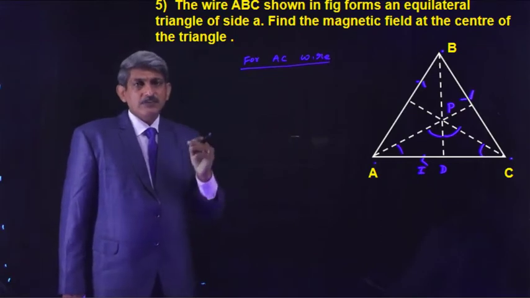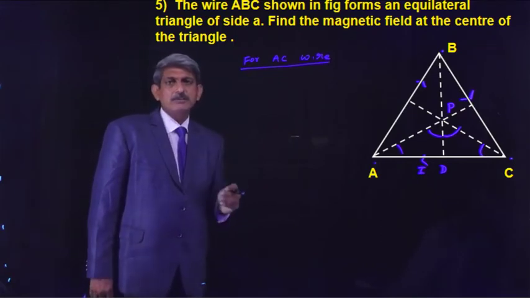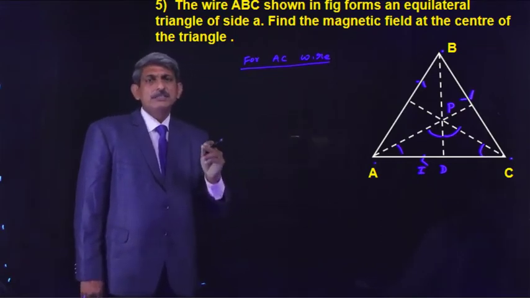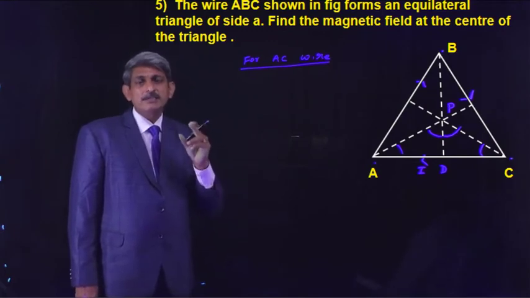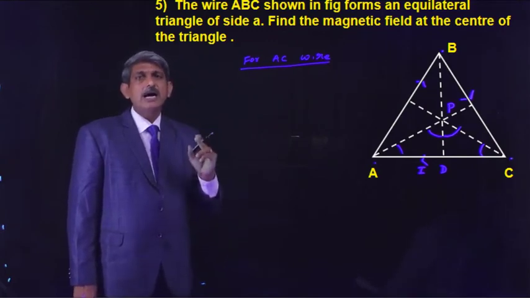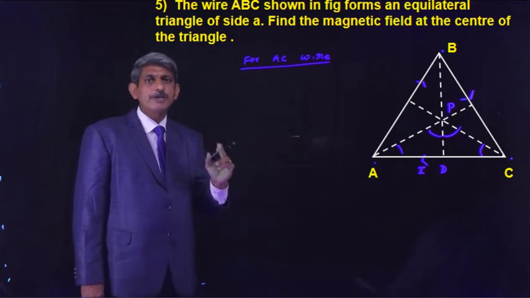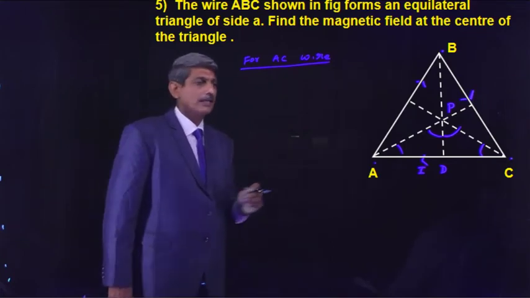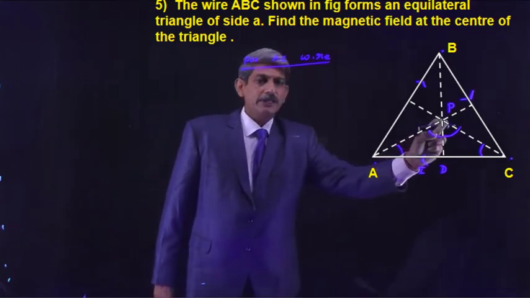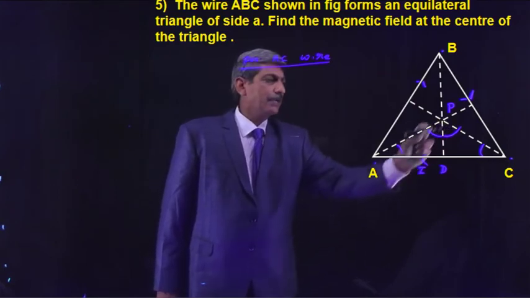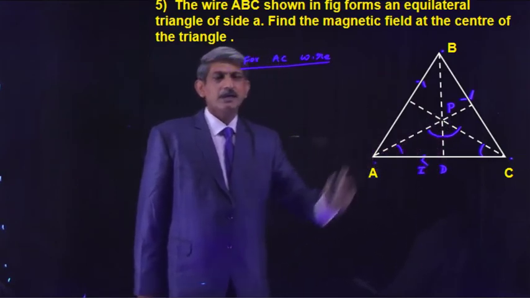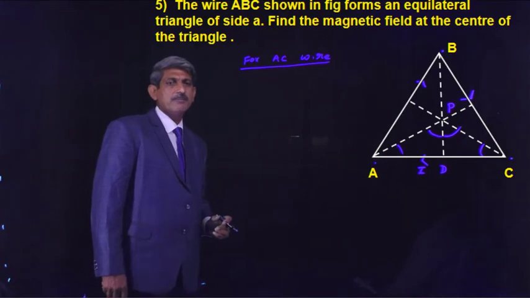here if we want to determine the magnetic induction value, we should know the angles made by the two ends of the wire and also the perpendicular distance of the point from the given wire. Here this is the point P. We want to determine the perpendicular distance d. How to determine that perpendicular distance d value?